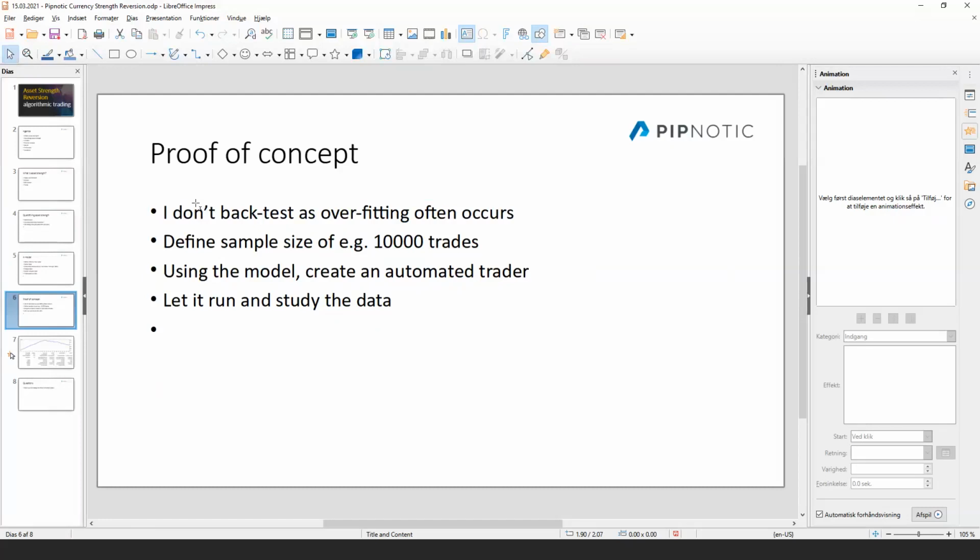So we have the data, I have my hypothesis, and then I like to put it to work immediately on the market, so only forward testing. And something that's really important, I think, with forward testing is that, maybe, as you'll see in just a moment when I show you the results of my trader, that we have